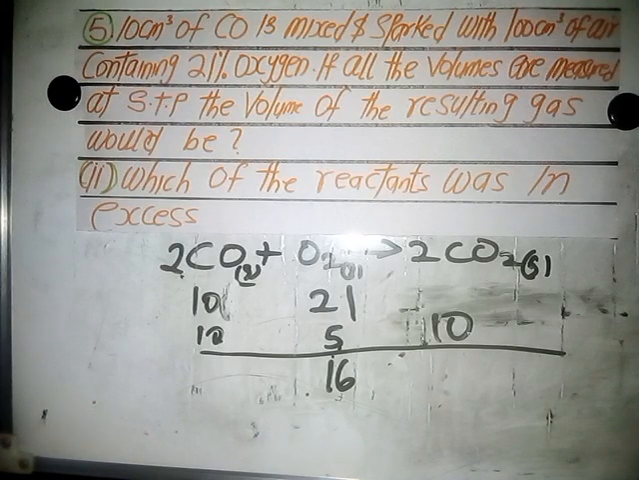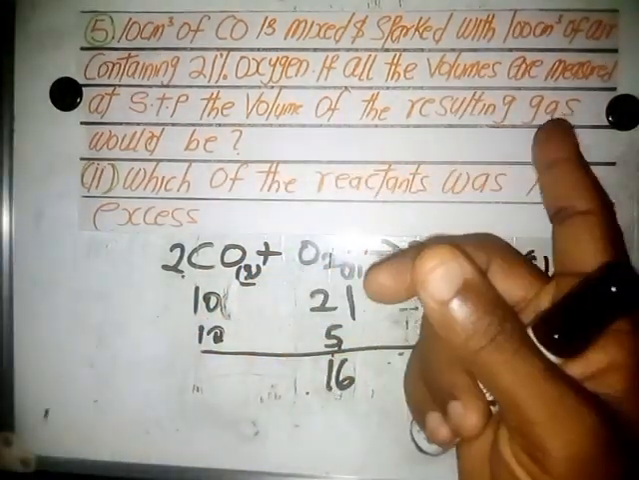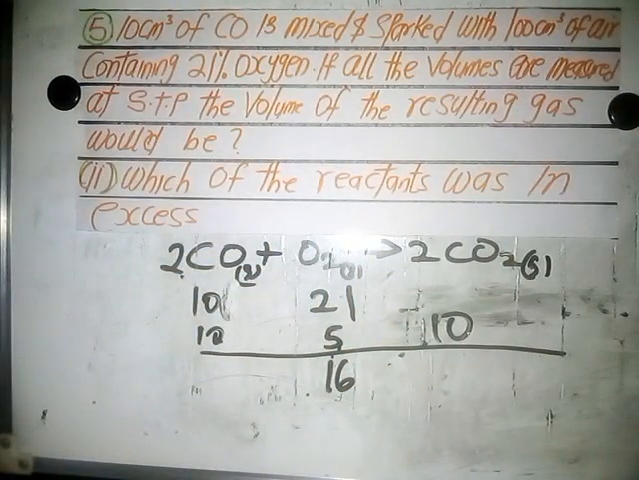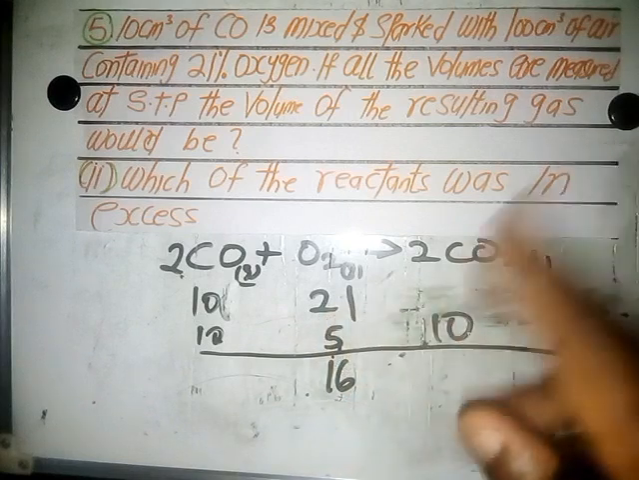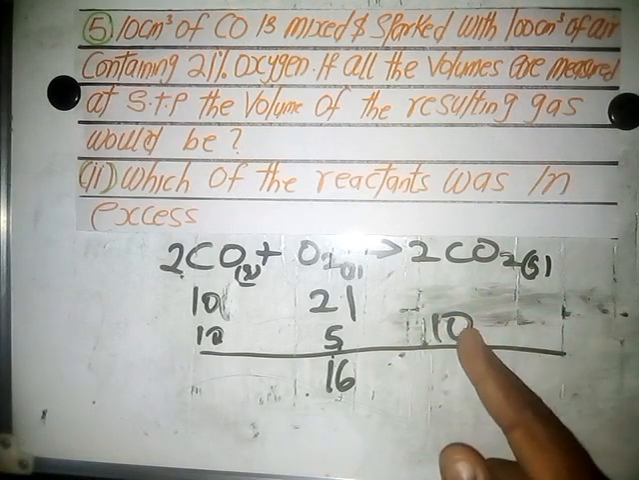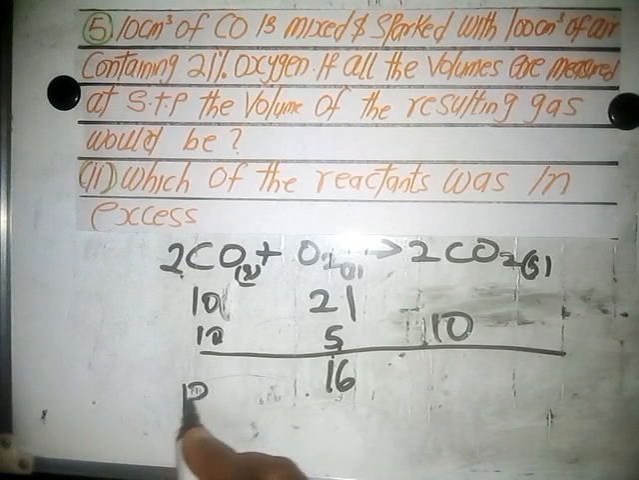You understand? Of the 100 cm cube, 21% is air, is oxygen, which is what we used. The remaining 79 did not react. So in calculating the resulting gas or residual gas, we have to add that value to these two. Otherwise, your answer would be wrong. So the residual gas or the resulting gas